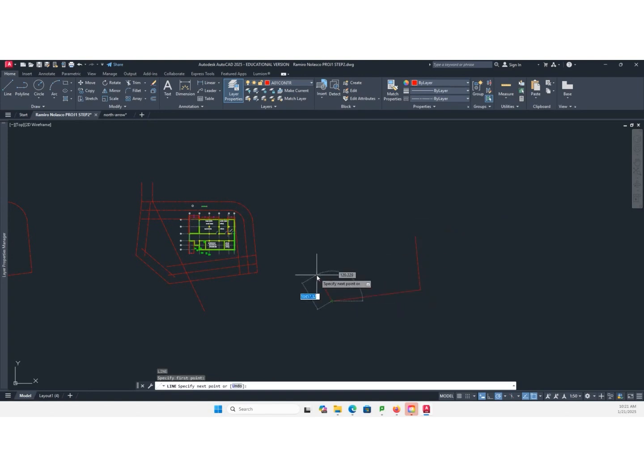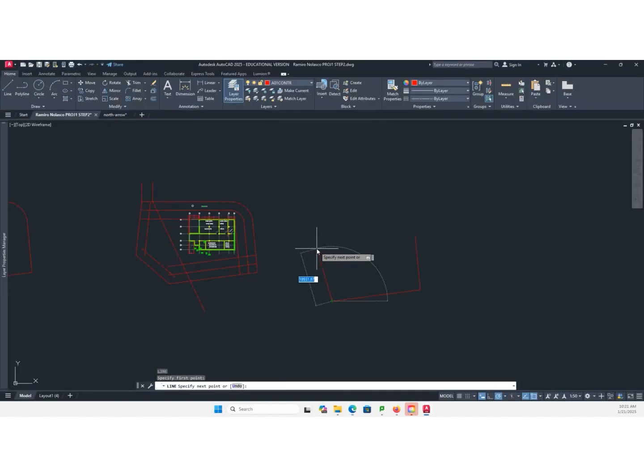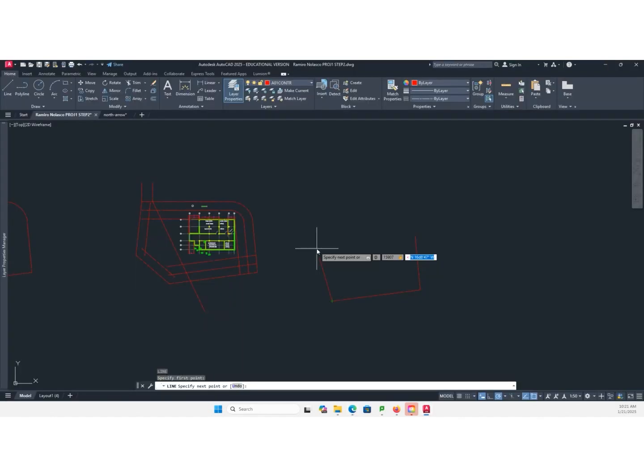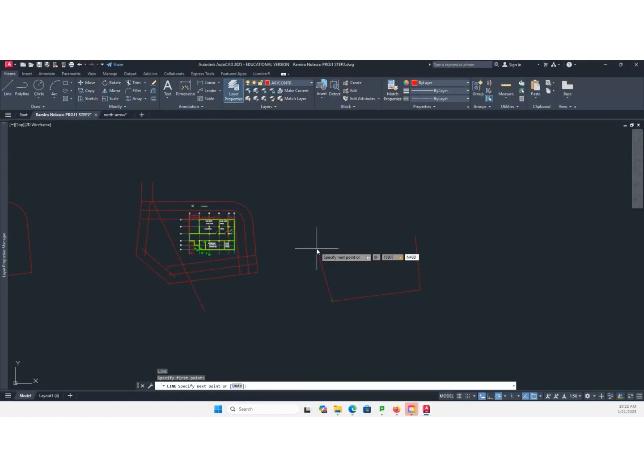This time we'll start here. Okay. And this is 15907. So at 15907 less than symbol north 48 degrees, 50 minutes, 9 seconds, West, W. Enter.